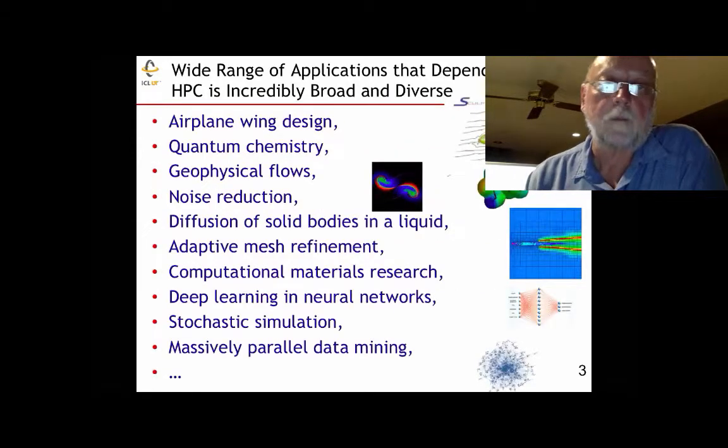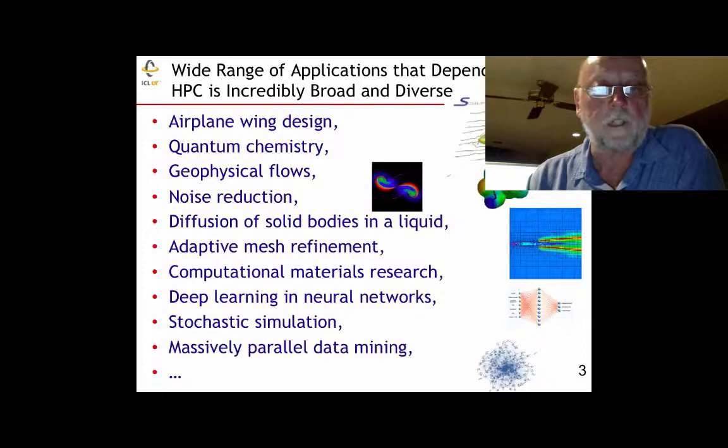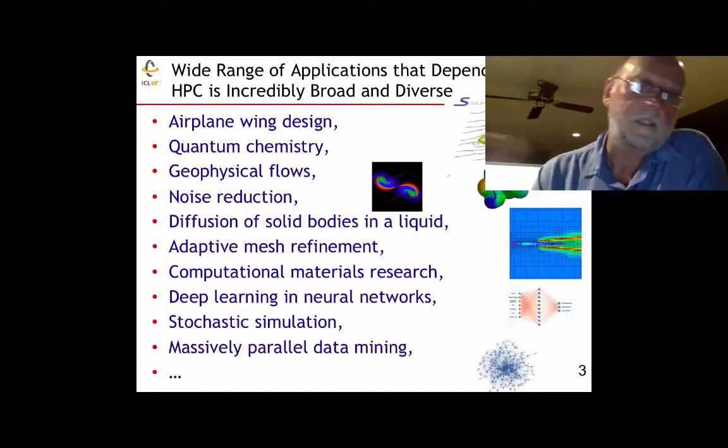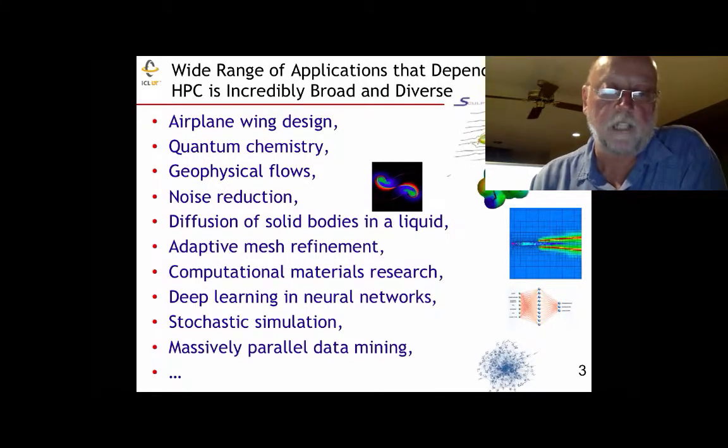Okay, so high performance computing really covers a very broad and diverse area of applications. They're critical for many science and engineering applications. Some of these occur, of course, in research laboratories, but many also occur in industry. And we'll see just how important they are in industry as we move on. But things like aircraft wing design, noise reduction, computational materials, deep learning, and data mining all have applications steeped in